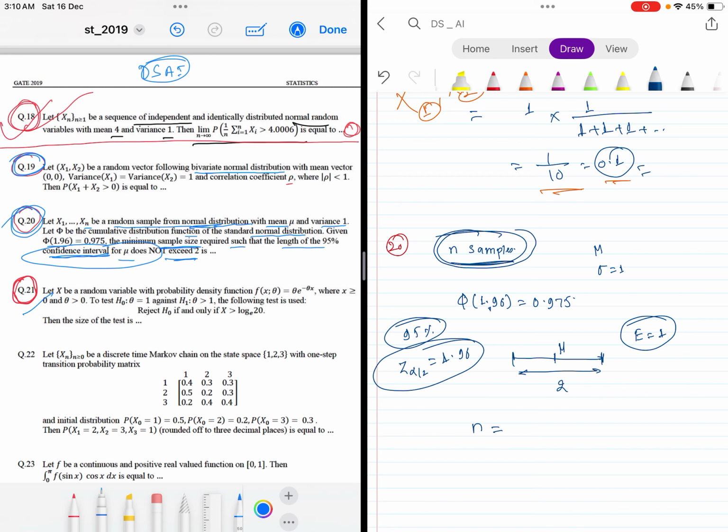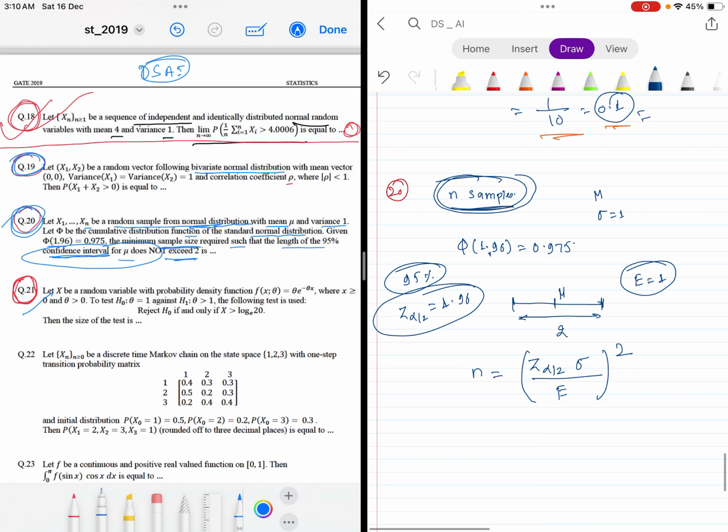So here the sample size will be z alpha divided by 2 times sigma, that is the standard deviation, divided by e, that is the margin of error, and squared, right? So we can put this value, 1.96, and standard deviation is 1, and e is 1, so this will be 1.96 squared, it will be approximately